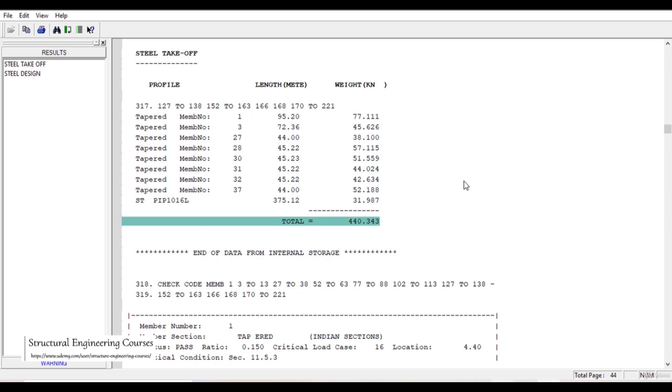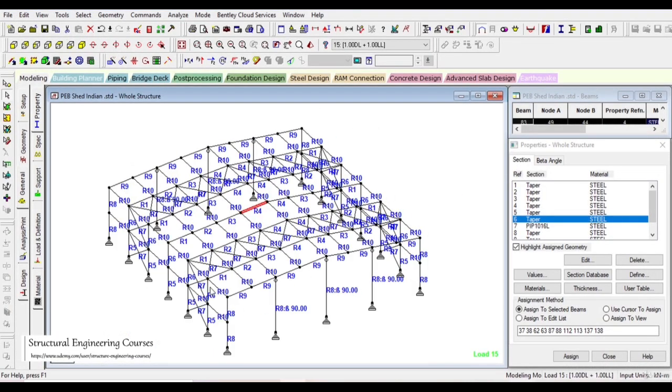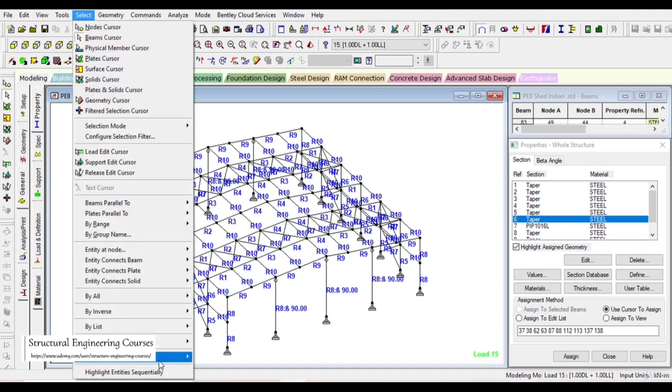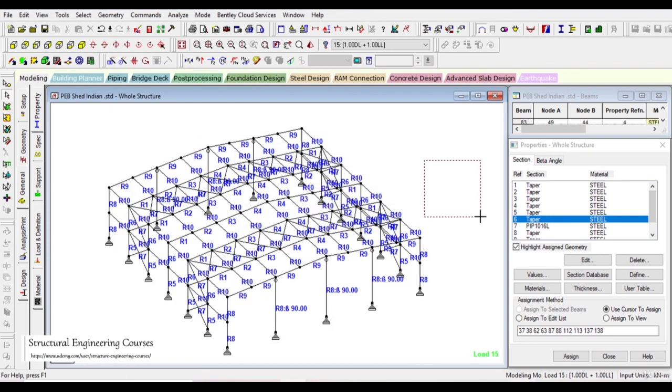It is in the range of 45 metric ton. So the weight of the rafters and the bracing is coming out approximately 45 metric ton, that is 45,000 kg, and all the members are passed. I hope things are now clear to you, how you can design a pre-engineered building shed as per the Indian standard. So in the next lecture series,